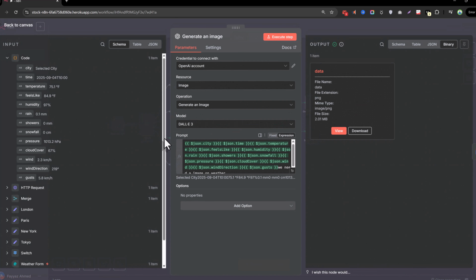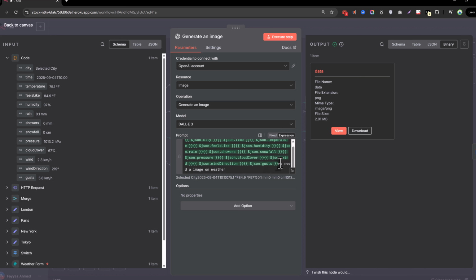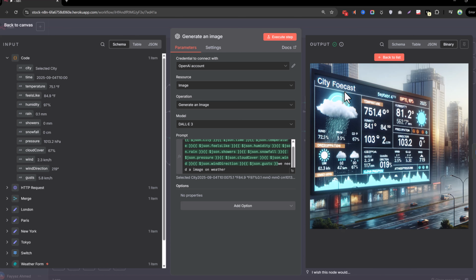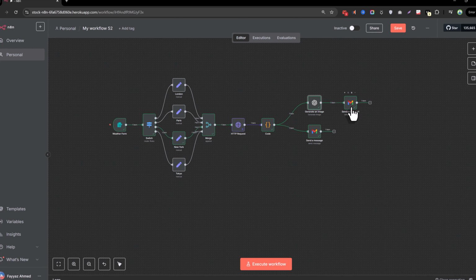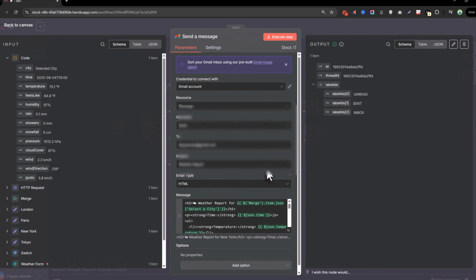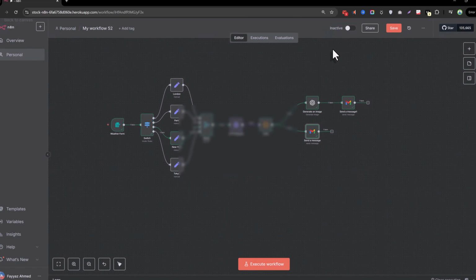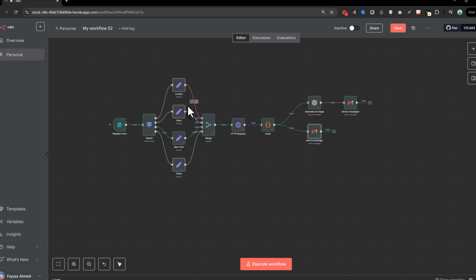In this we added all the things and copied them, and it gives the data, and we need an image of the weather. It gives me the image, very good, and it's sent to my Gmail and also sends the message. Okay, it's sent to my Gmail, and it is very helpful